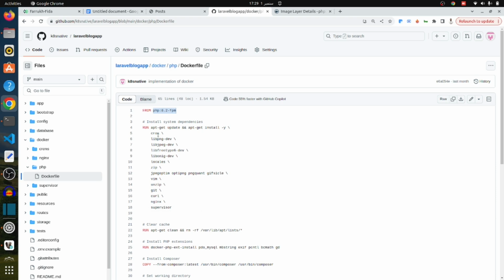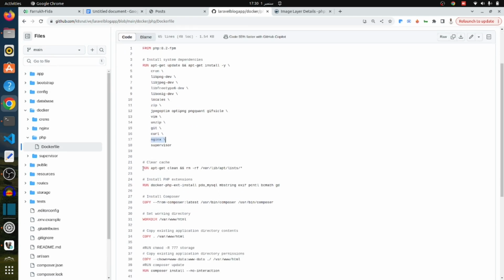By the way, supervisor and cron are not going to be used in this project, but they will definitely be helpful if you are using your own application and it requires queue workers or cron to be added. Similarly, nginx we can install separately as well, but here for simplicity I am including nginx in this Dockerfile. So let's move forward, and after installing I am just clearing the cache, and then